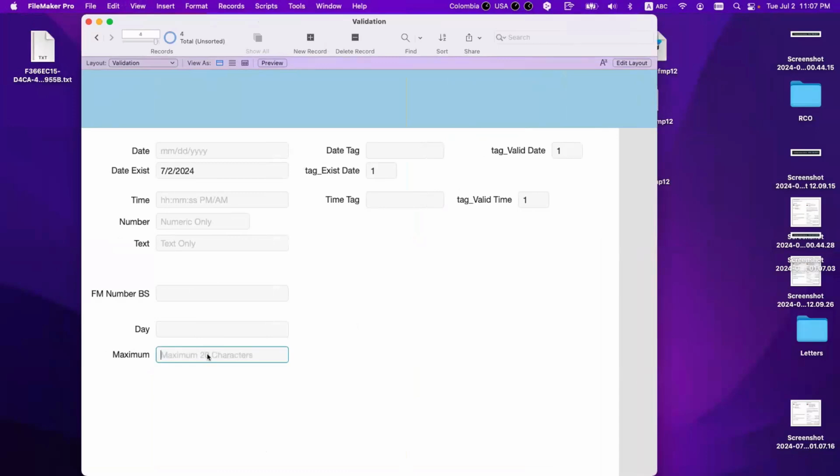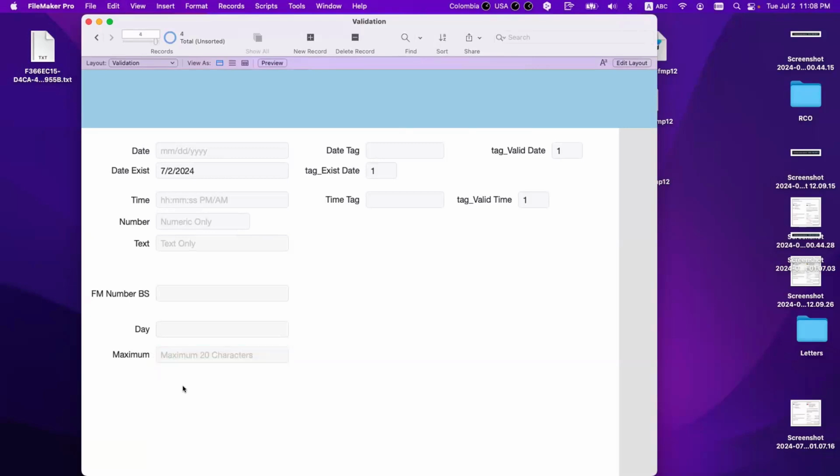You type whatever you want, and at some point it stopped. I don't go more than this. You type and you stop, and you validate. So you don't have more than 20 characters here.